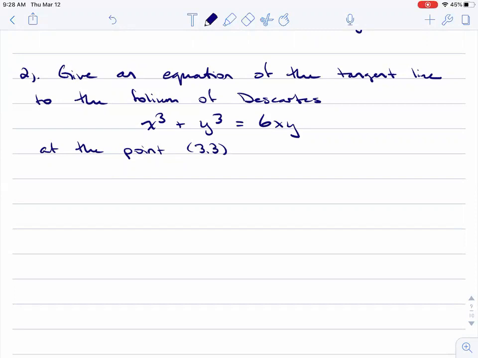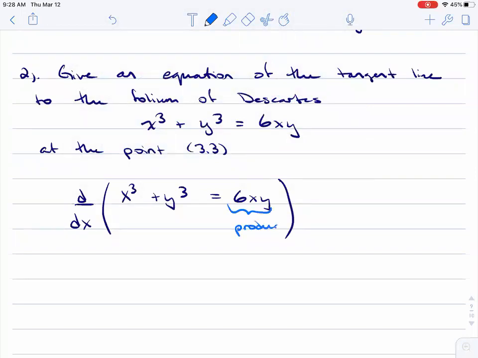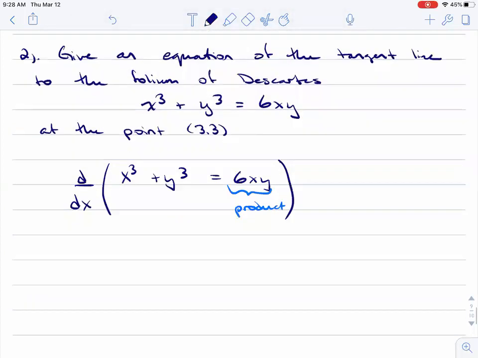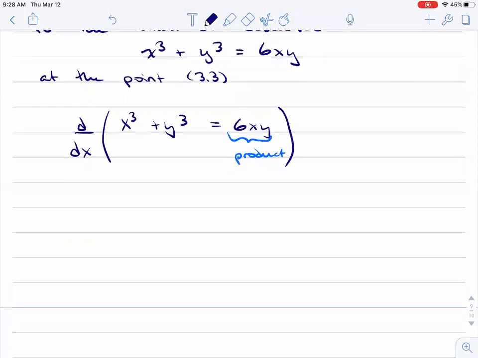So if we have x to the 3 plus y to the 3, if I want to find the derivative with respect to x of this whole thing, x to the 3 plus y to the 3 equals 6xy, I need to remind myself that, okay, here I've got the product rule, x times y. So I'm going to have to remember that. But the rest of it,